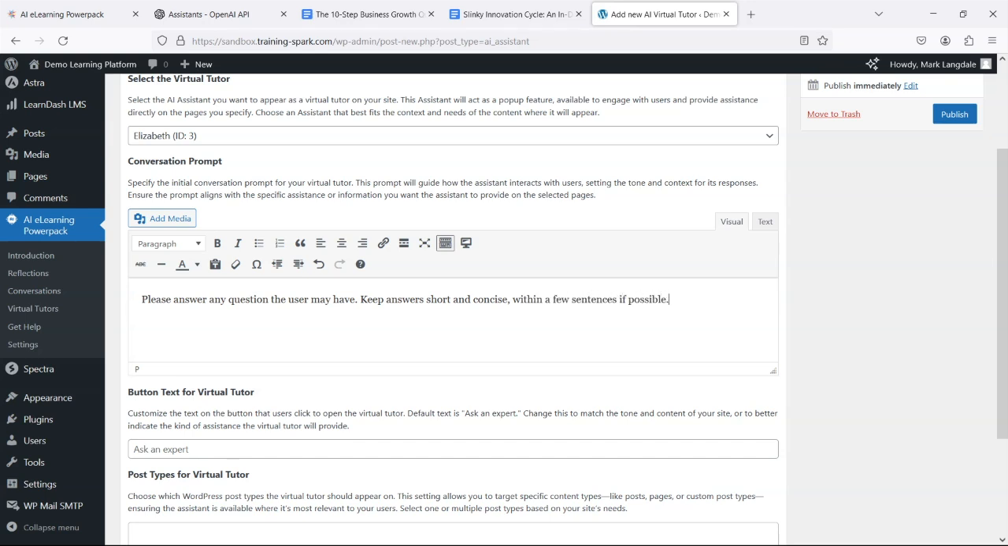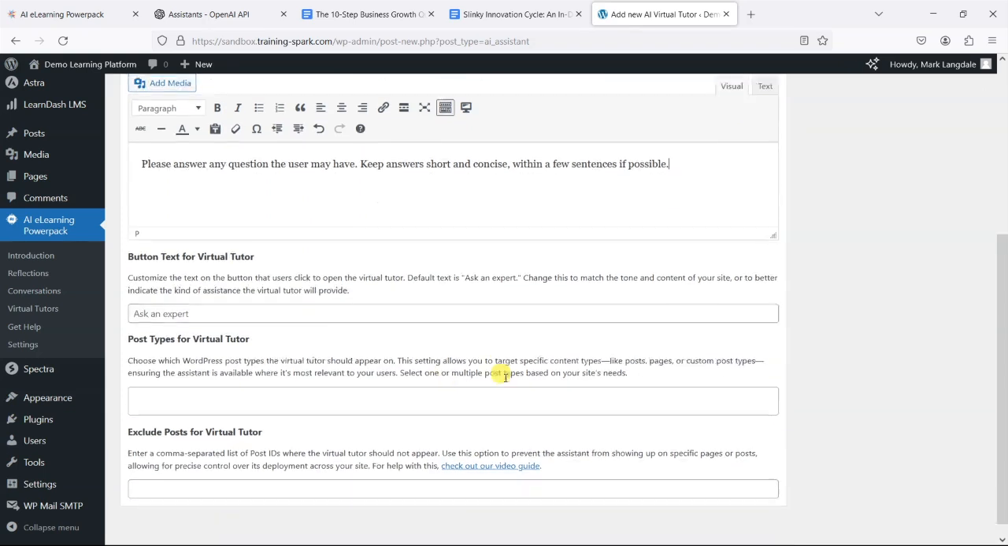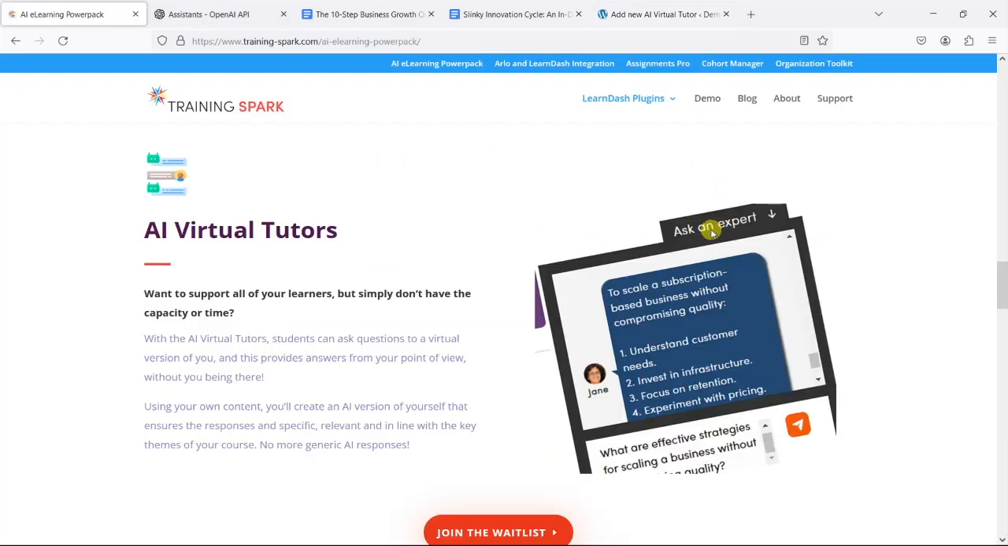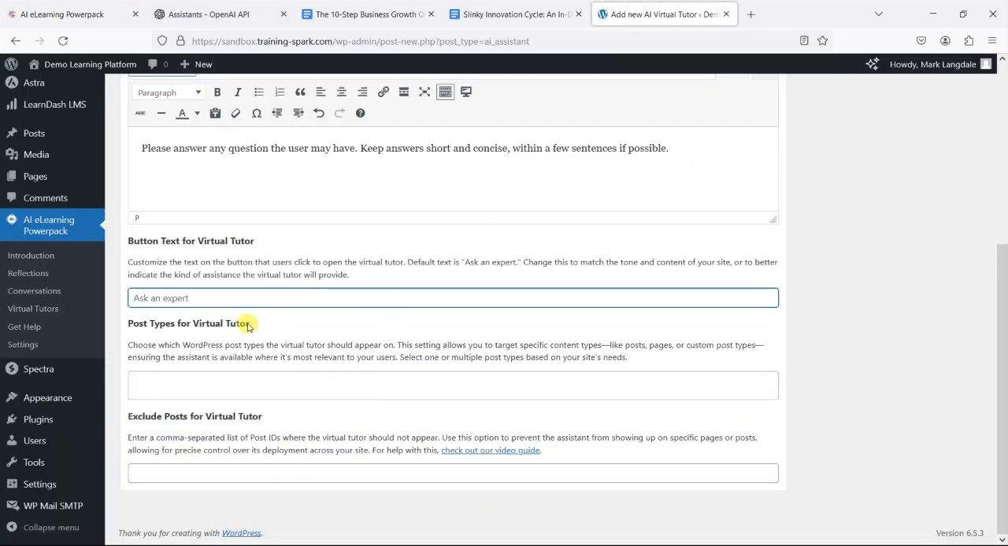if possible. And that's because this thing is going to pop up in the bottom right, so we don't want them to be giving responses in massive paragraphs, because there's a lot for people to read. So we want digestible little nuggets of advice, and then if someone wants to ask a further question, then they can do. We can configure the button that appears, so in the bottom you can say ask an expert here. So I'm just going to change this to something like business advice,